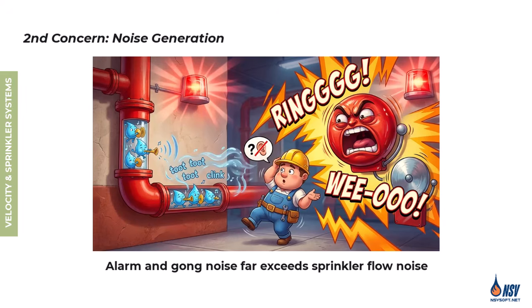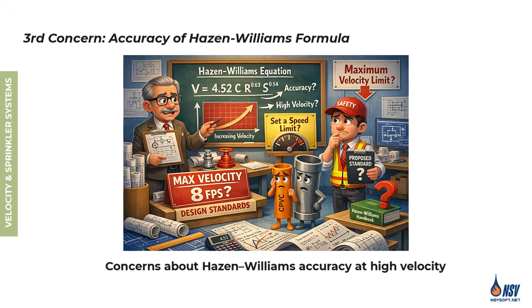When a sprinkler system activates, the sound of alarms and water gongs, along with the general noise and activity during a fire event, are typically far louder than any noise produced by water flowing through the piping network. As a result, noise generated by high-velocity flow is usually not considered a meaningful concern in the design of fire sprinkler systems. The third concern relates to hydraulic calculations and the